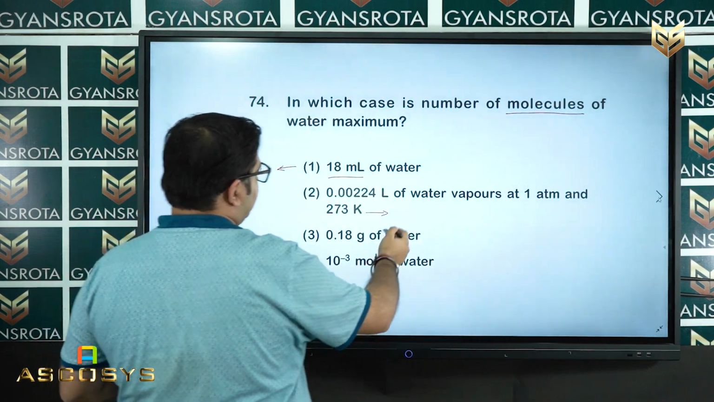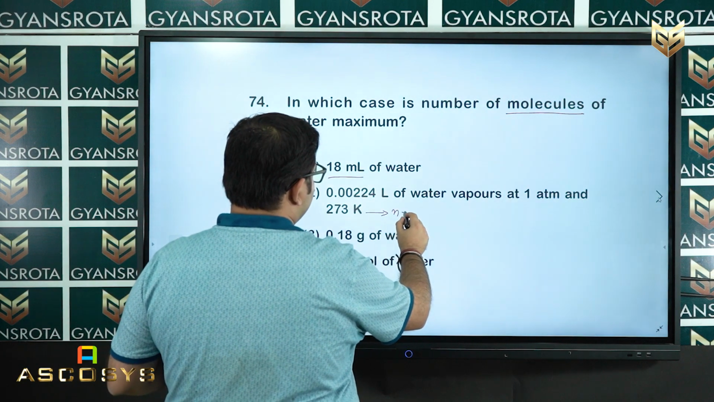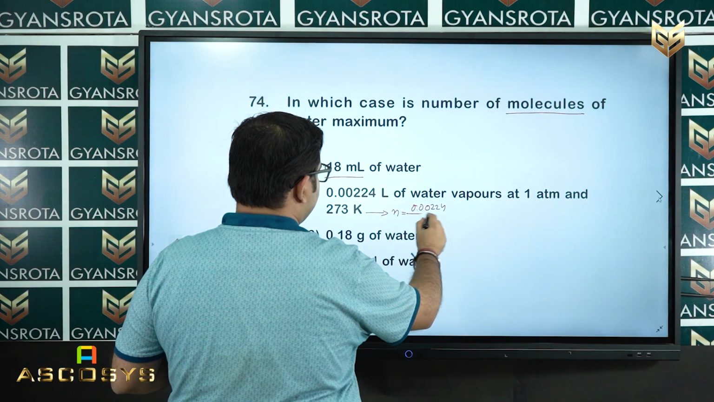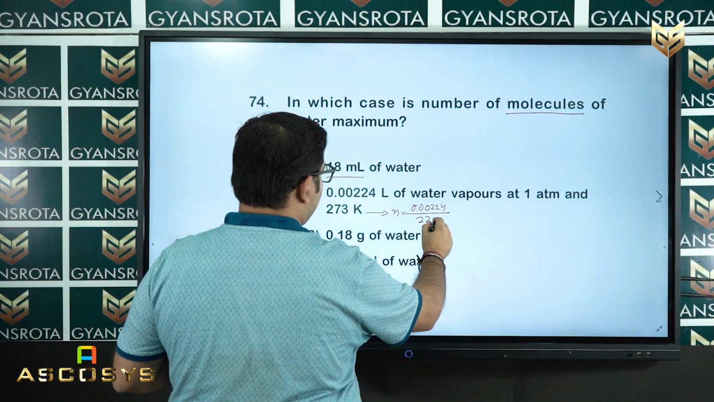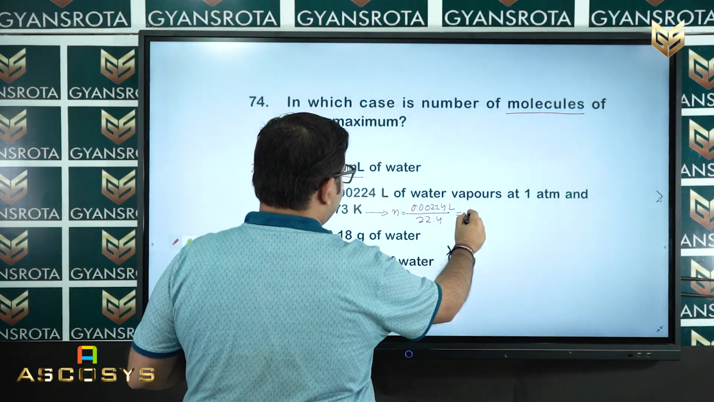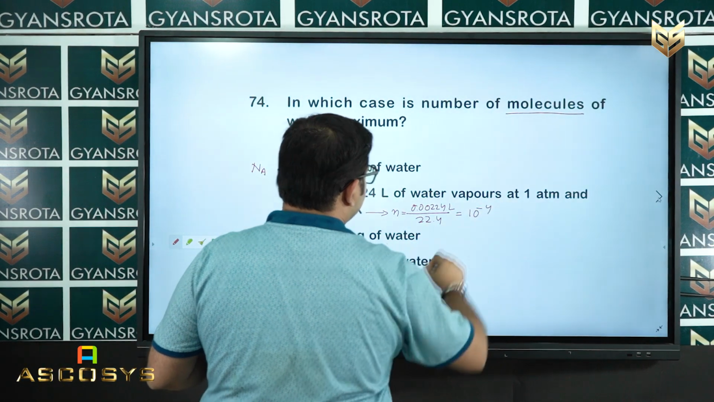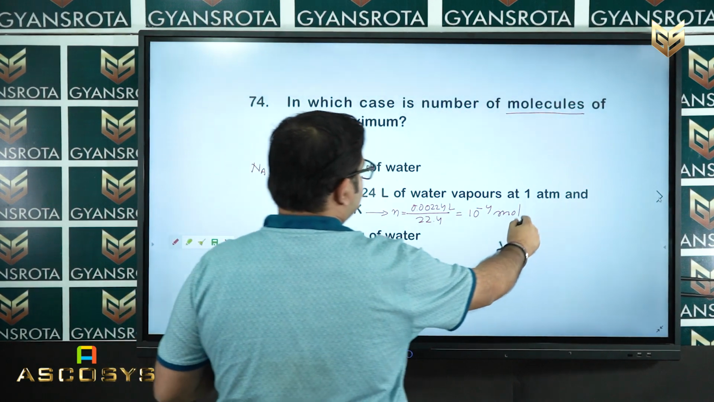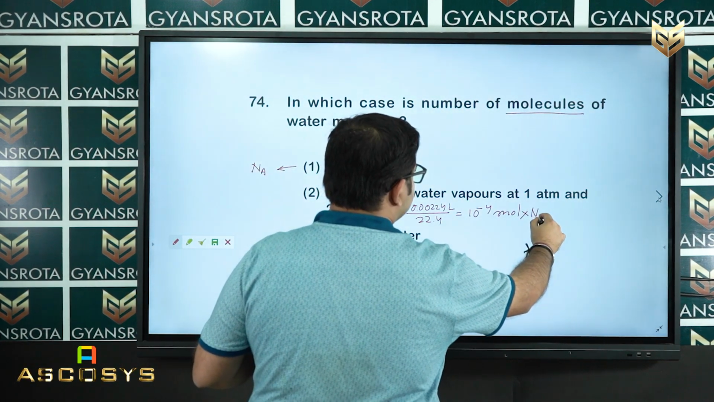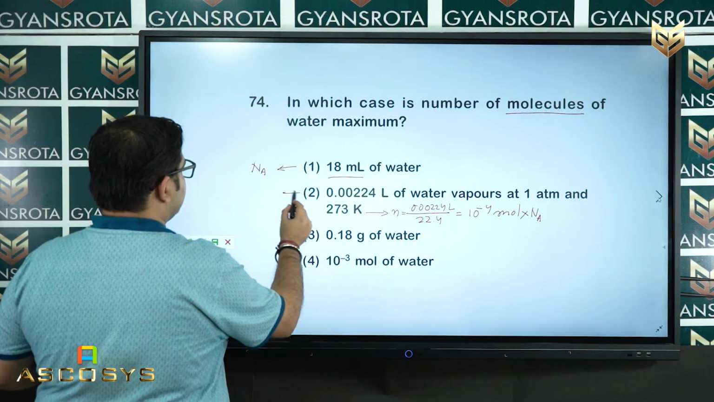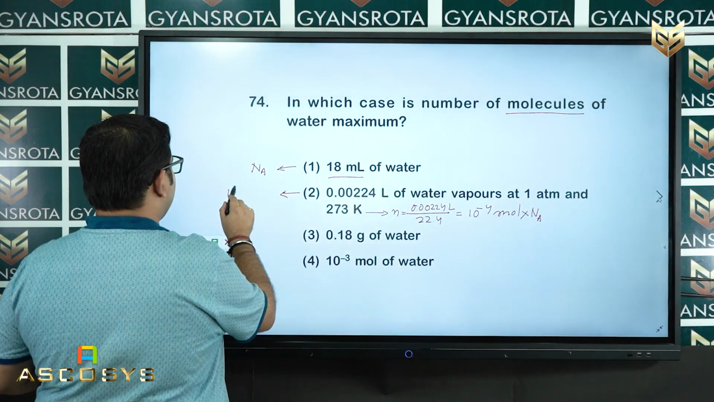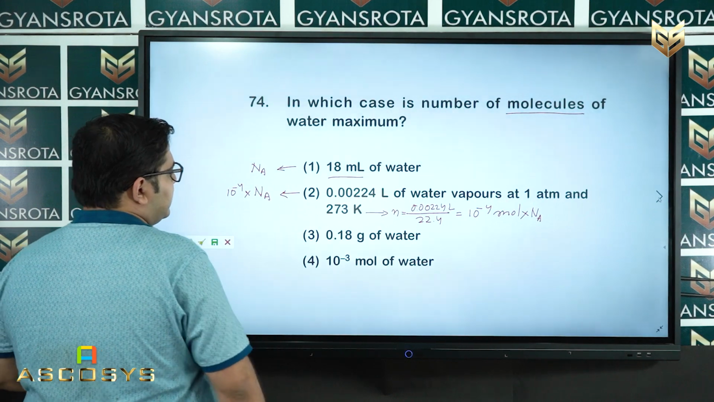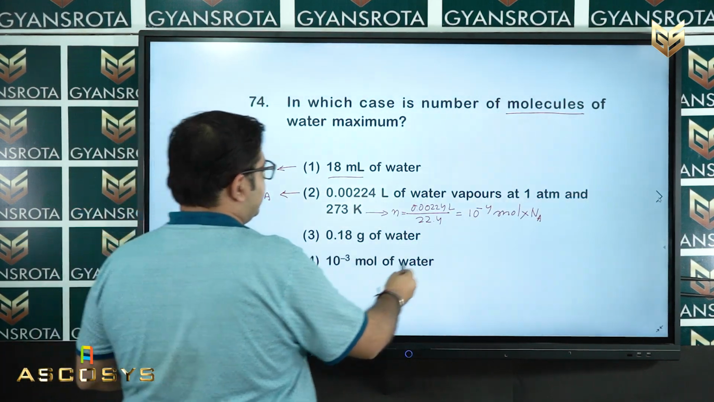So how to calculate moles? 0.00224 liter divided by 22.4 liter, and what you obtain is 10 to the power minus 4 mole, and they are asking molecules, so multiply with Na. So you are getting 10 to the power minus 4 into Na. This is the molecules. Similarly, if you calculate for this one,